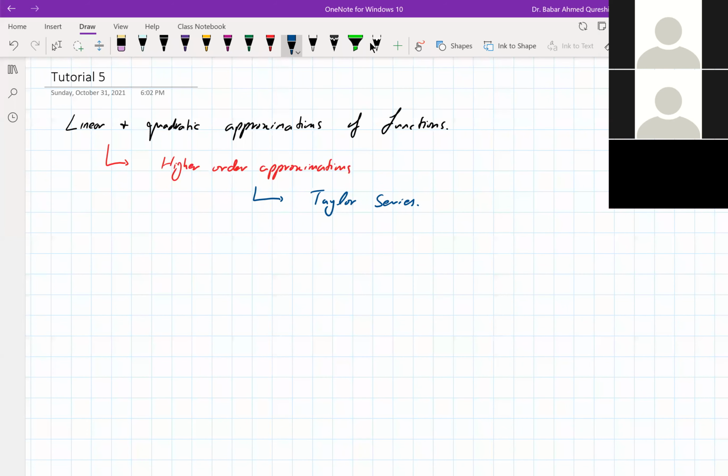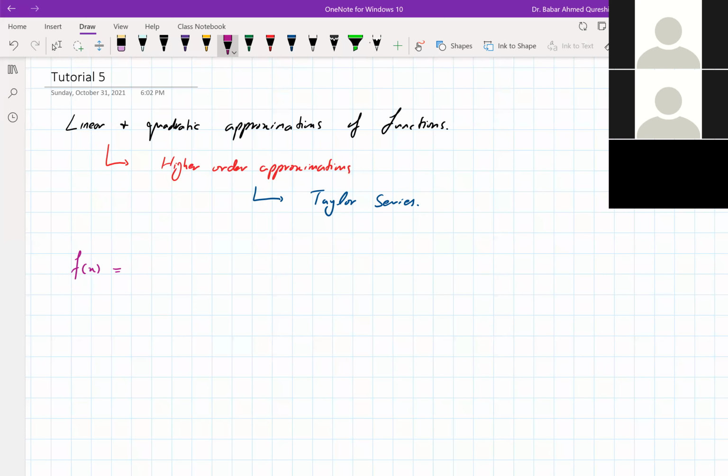So Taylor series is a general formula which gives you any order of approximation, and you can truncate it to any given order which you like, and that would be the order of your approximation. So for you, this is just a reminder that the Taylor series of any function